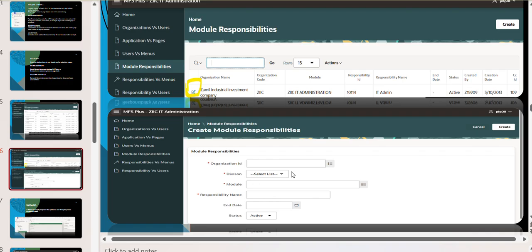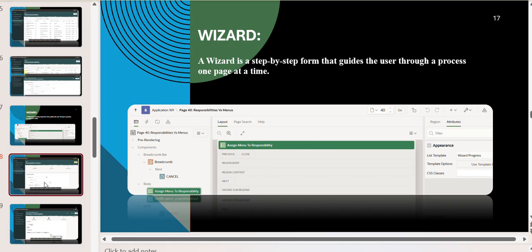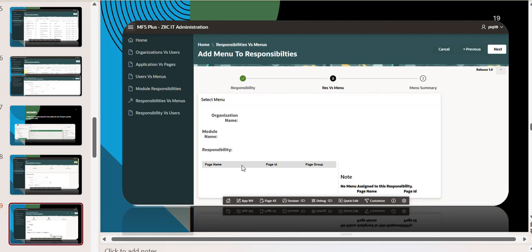So next, again the same, this is the region, and all these are known as page items. If I want to give this asterisk, you can change it. Also you can change the template of it. So next I'm moving to the next page. Next page is the second page. So after completing the responsibility, the next page is like this. So after this,